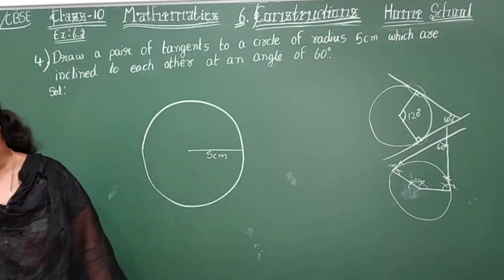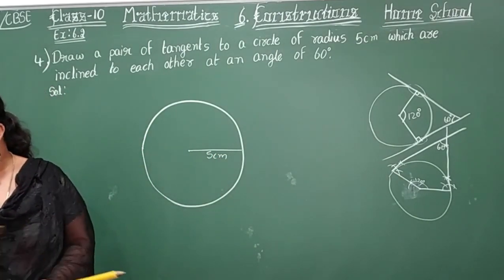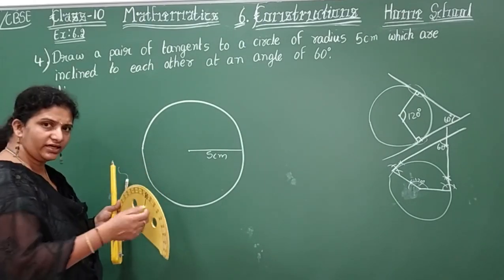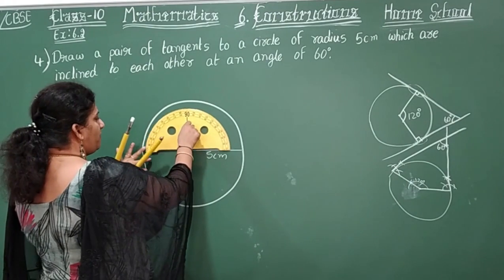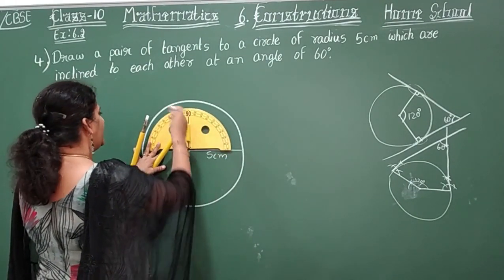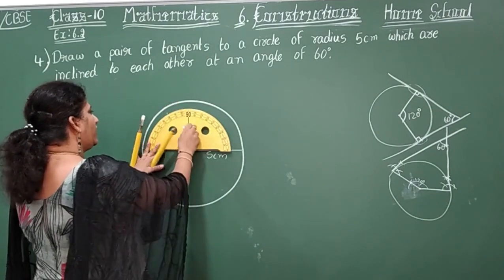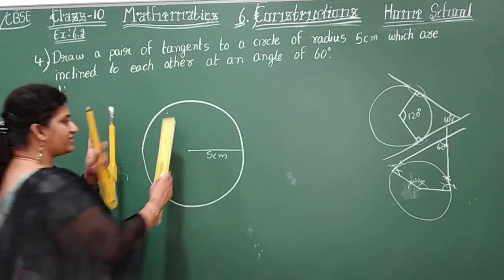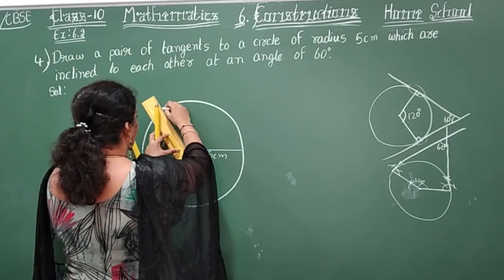Then if you want to do with a compass, you can do the angle, or if you want to do with the protractor, you can go with it. So from here I am going to draw a 120 degree angle. Okay, 120 degree angle. I have said it's your choice. Directly with a compass also you can go with 120.